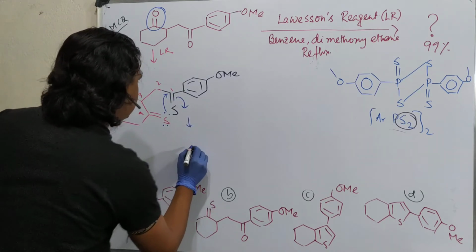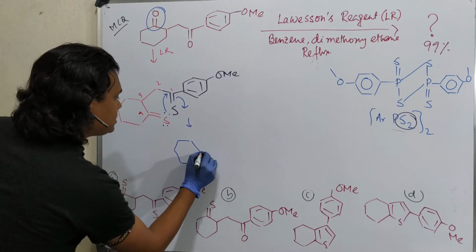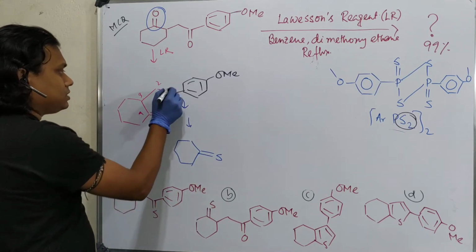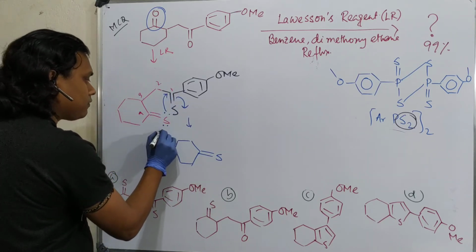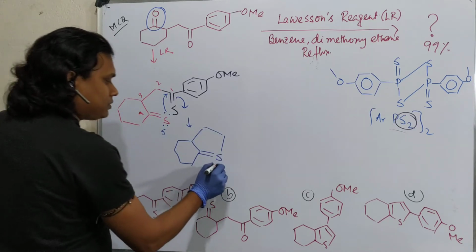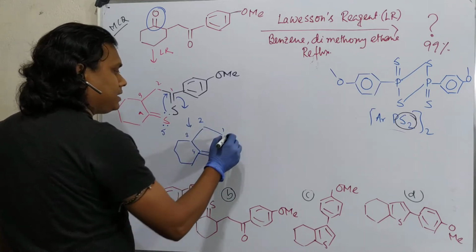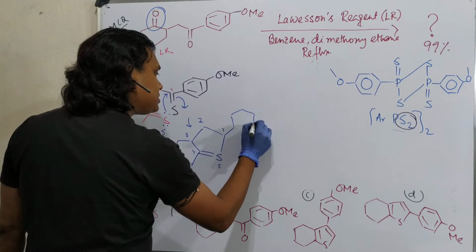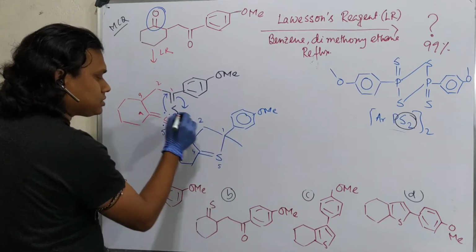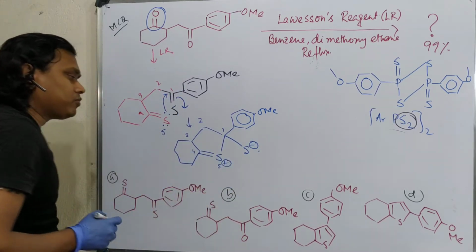So in this case, what is the product? This is the S and C, a 5-member ring formation. Why? This is 1, 2, 3, 4, 5. So just draw the 5-member ring. Now 5 is this, 4, 3, 2, 1, and in the 1 position there is also this Ar part attached. Fine. Now what will happen? This S will be S minus, and this sulfur will have a formal positive charge.